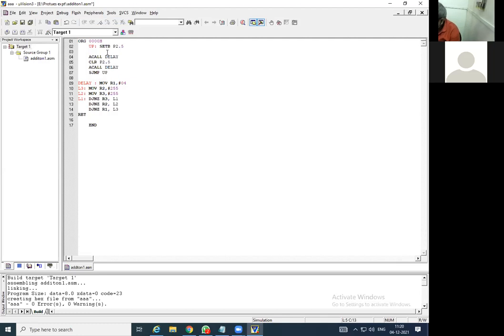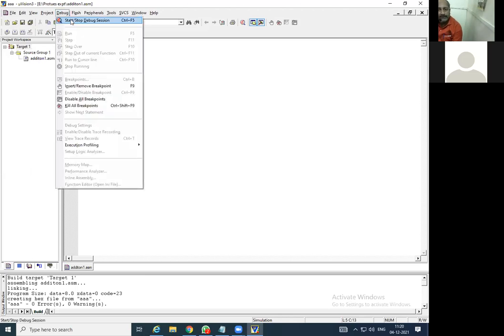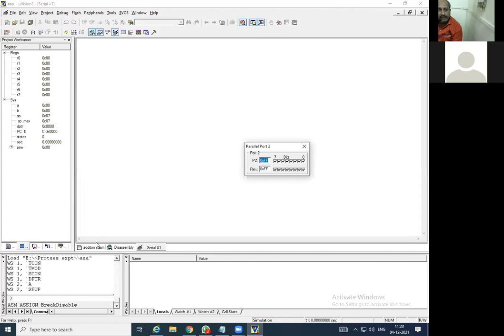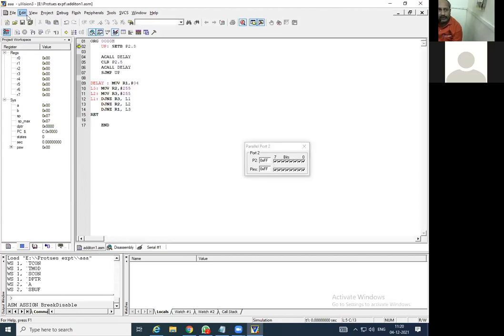Once the program is edited, you have to save it, then rebuild the target. Check for the errors or warnings, whatever it shows. No issues are there, so only then start debug, click on OK, and then run the program.